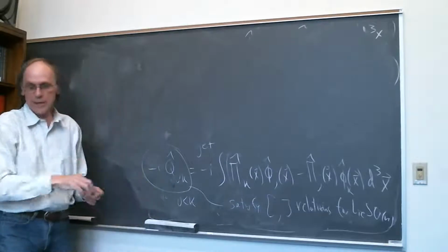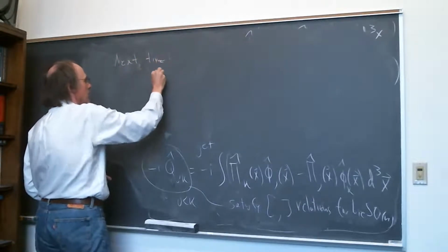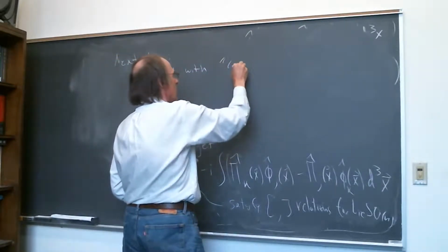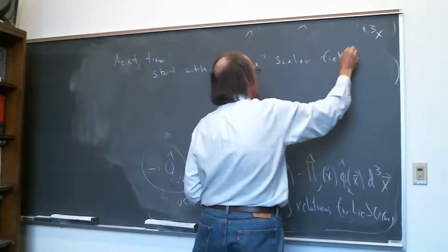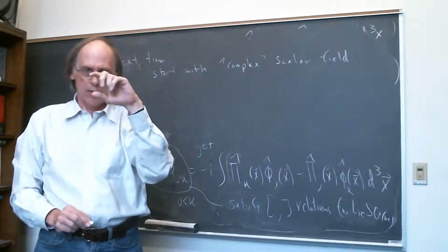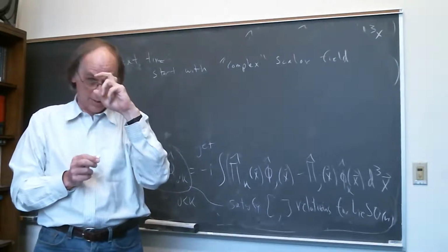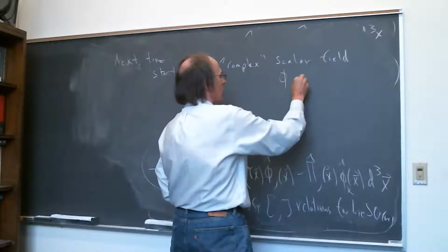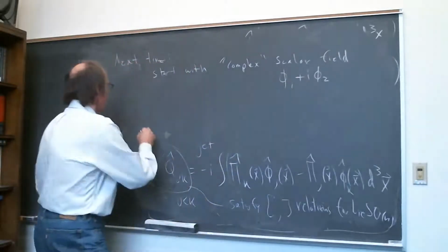So I'll get into the gauge symmetry next time. But next time, I'll start with the complex scalar field. And so what we'll do is, instead of thinking of it as a pair of real scalar fields, we're putting them together and thinking of them as a local complex variable at a point. So we're thinking of something like phi1 plus i phi2, and what we will find